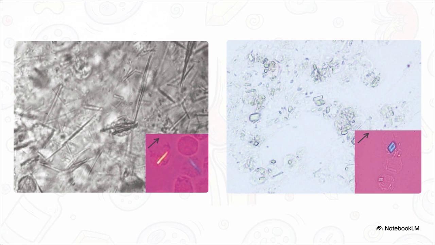Under a polarized light microscope, we can see the definitive visual signatures of these diseases. On the left side, we have monosodium urate, or MSU crystals, the classic hallmark of gout. Notice their really sharp, needle-like shape. Under compensated polarized light, they exhibit strong negative birefringence. In practical terms, that means they often appear brilliant yellow when they are aligned parallel to the axis of the